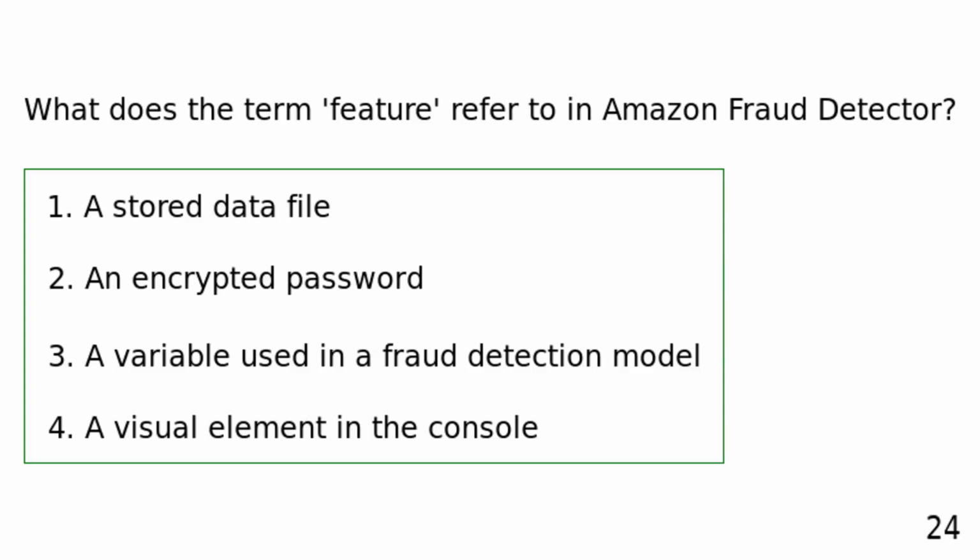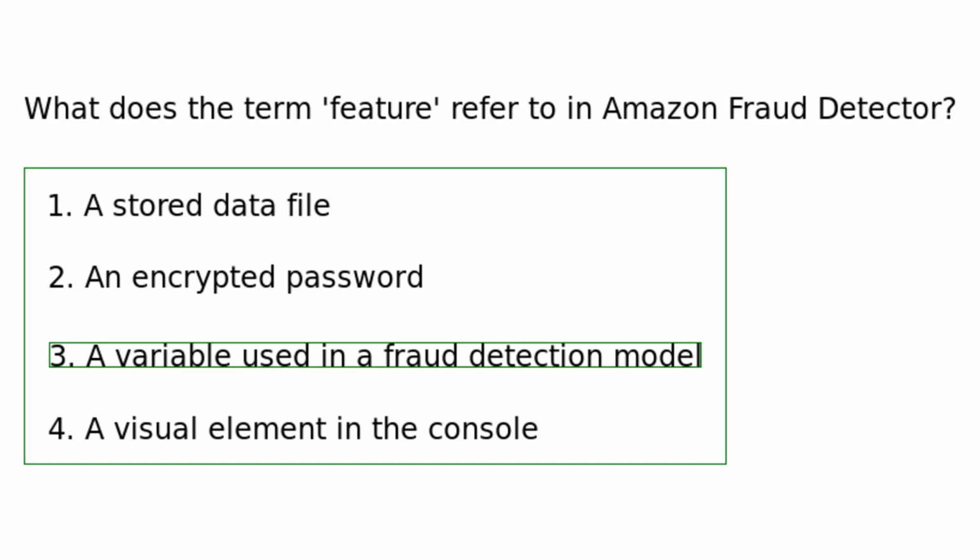What does the term feature refer to in Amazon Fraud Detector? A stored data file. An encrypted password. A variable used in a fraud detection model. A visual element in the console. In Amazon Fraud Detector, a feature refers to a variable used in a fraud detection model to help predict the